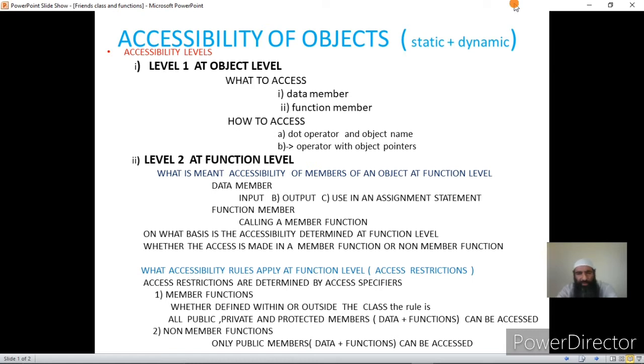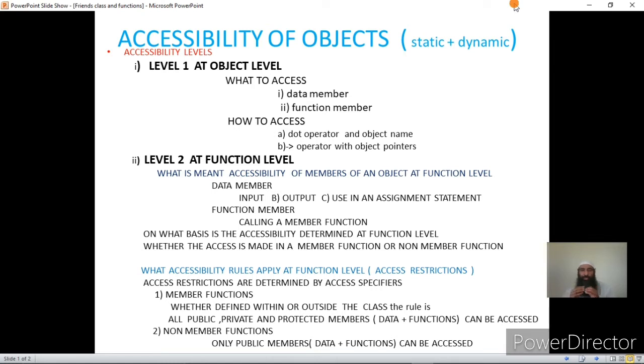Once it is defined within the class, it is bound to the class automatically. Once it is defined outside the class, it has to be bound to the class by using the scope resolution operator and the class name. So whether we are accessing the object in a member function or in a non-member function, this is what determines the accessibility at the function level.